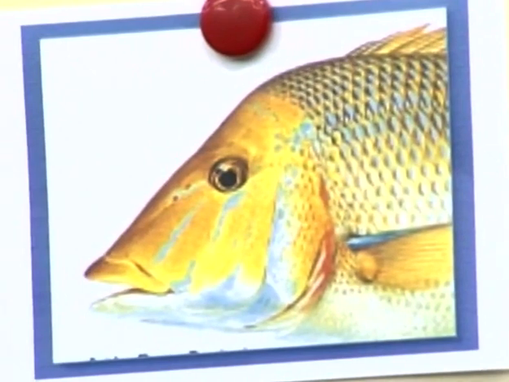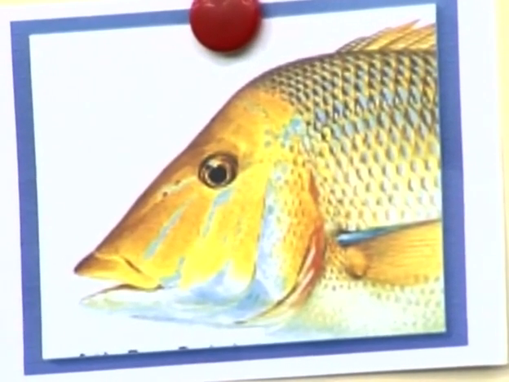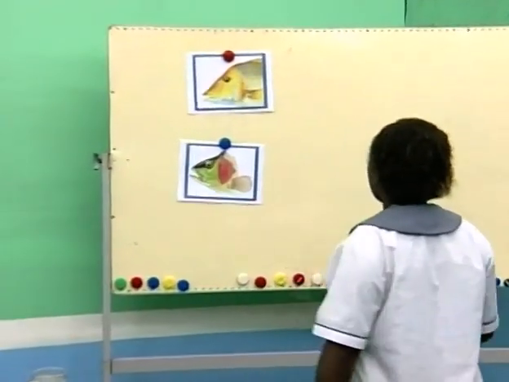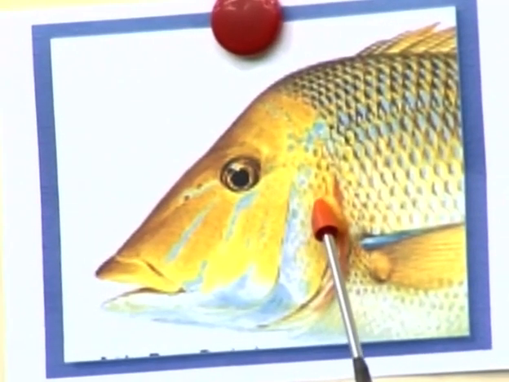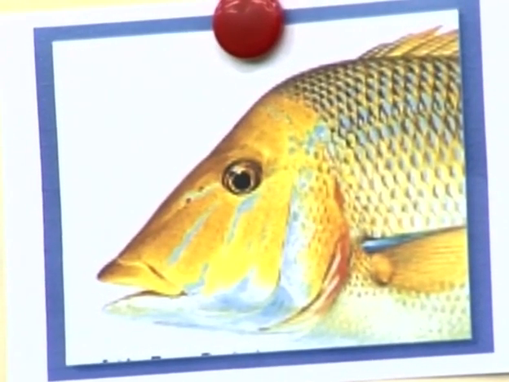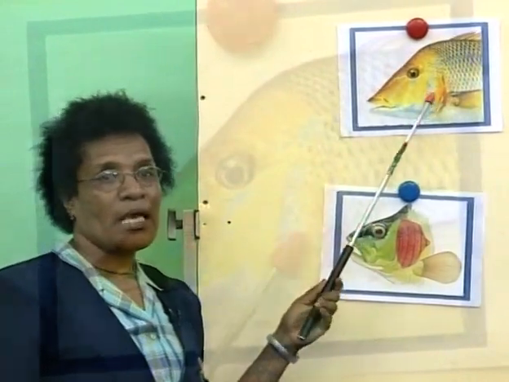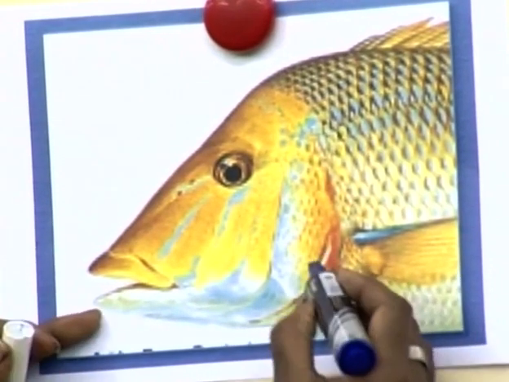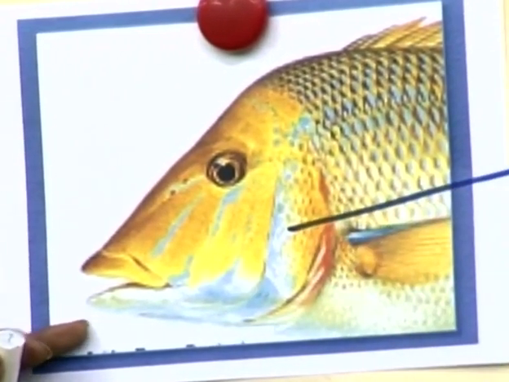Daisy, please. You can come and show us. Okay, thank you. So the gills are protected. The gills are in here. They are protected by the gill cover. So you will find the gills, let's see,